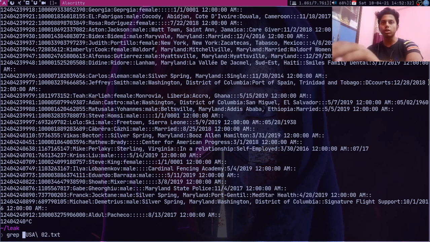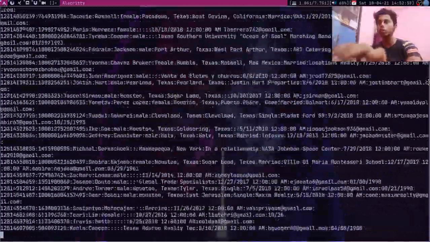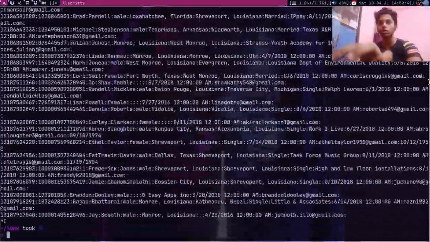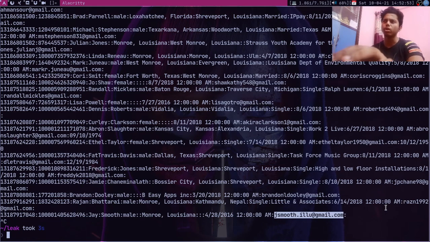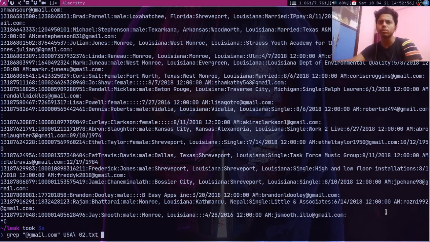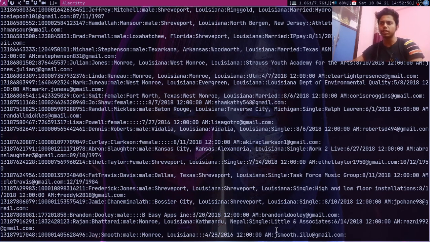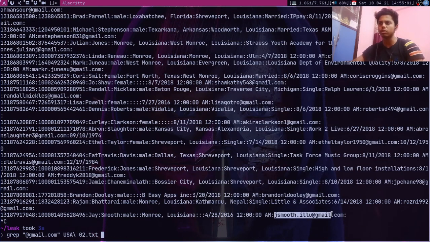Now I just want the emails, right? So firstly, what we can do is use gmail.com and get an idea of how these emails are organized. So we can see it's something like this: there's a colon, then the email, then another colon, and then some other values as well. Okay, so cool. Now we just need this one, just this, nothing else.